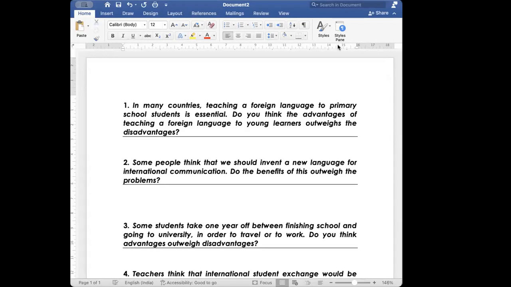Otherwise, what will happen? The English speakers will say, make English the global language, it is spoken widely. Chinese people will say it is the most commonly spoken language, many people speak Chinese, because China's population is very large. So they will say, make Chinese the global language. Similarly, the French speakers will say French is spoken so much, in many parts of Canada, in many parts of the UK, so French should be made the global language. There will be no fights if there is one new invented language, right?